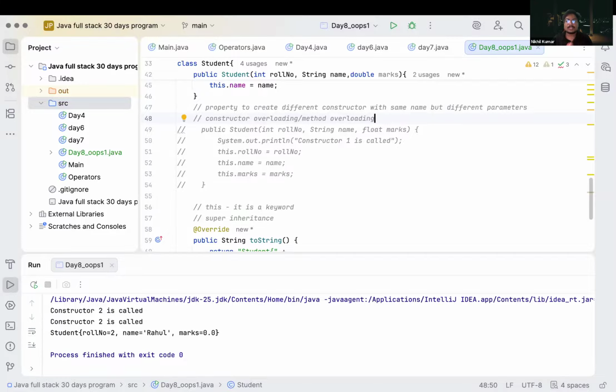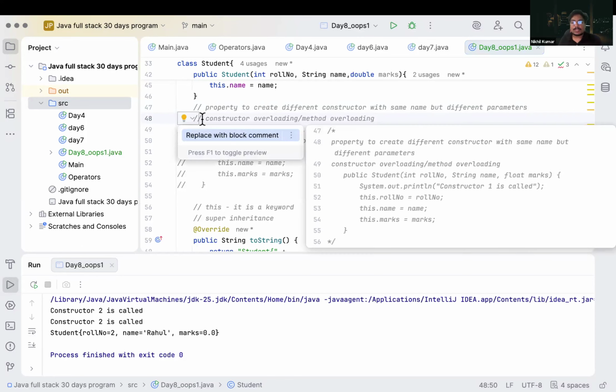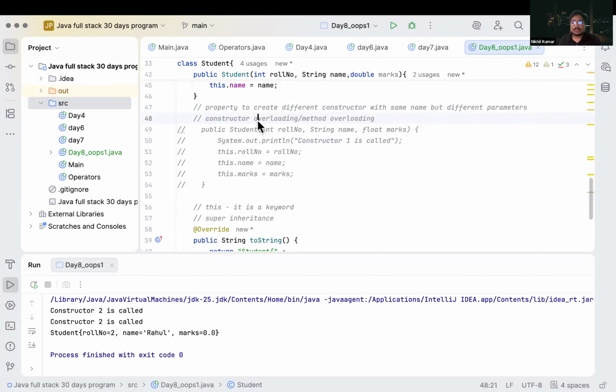Similarly, method overloading works the same way. So there are two concepts: constructor overloading or method overloading, and then method overriding. Both are different things, method overloading and method overriding, but they come from the same concept